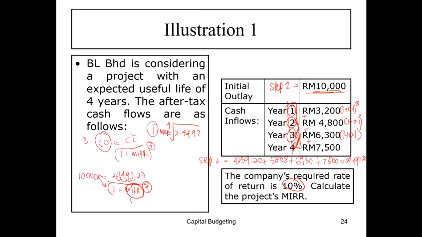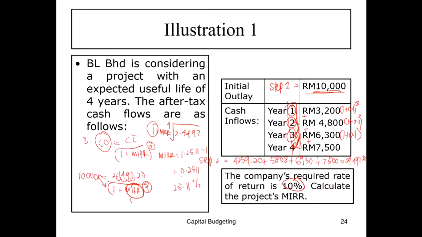So shift the 1 over, minus it. So MIRR equal to 1.2511 minus with 1. So you will get 0.2511. So MIRR will be 25.11%. Okay, so since 25.11 is higher than the required rate of return, therefore we advise